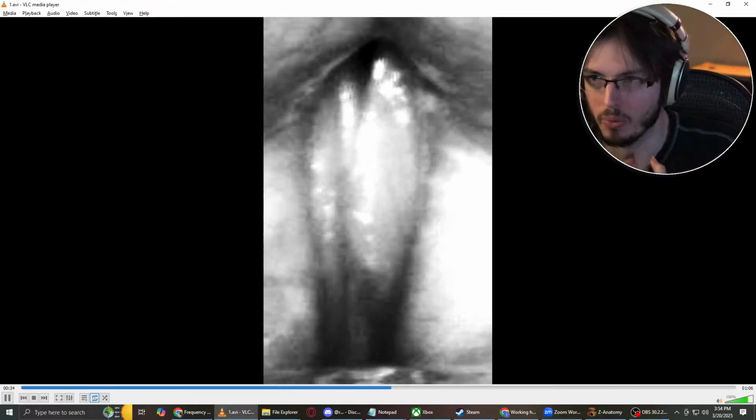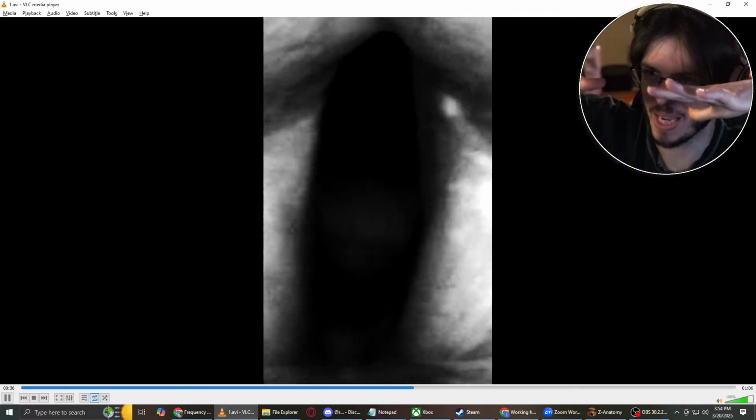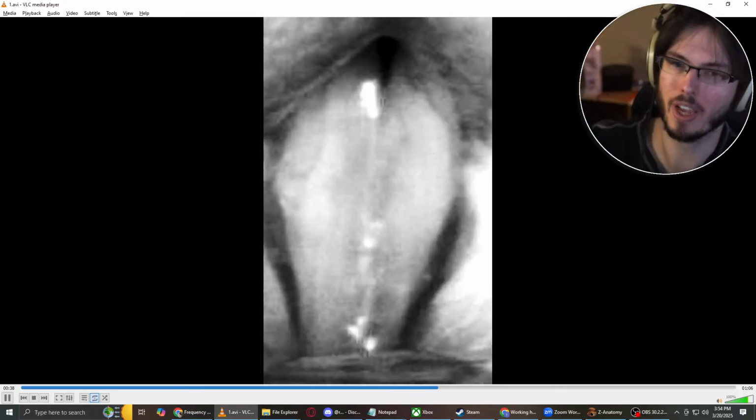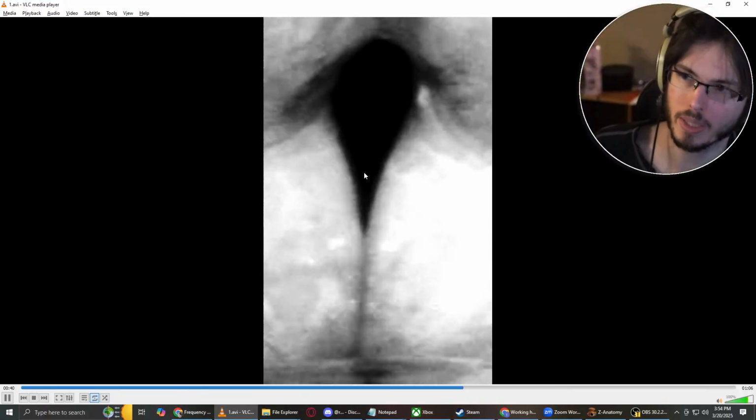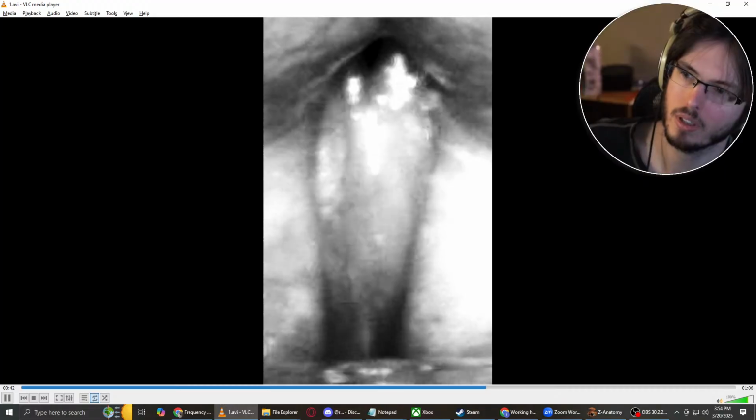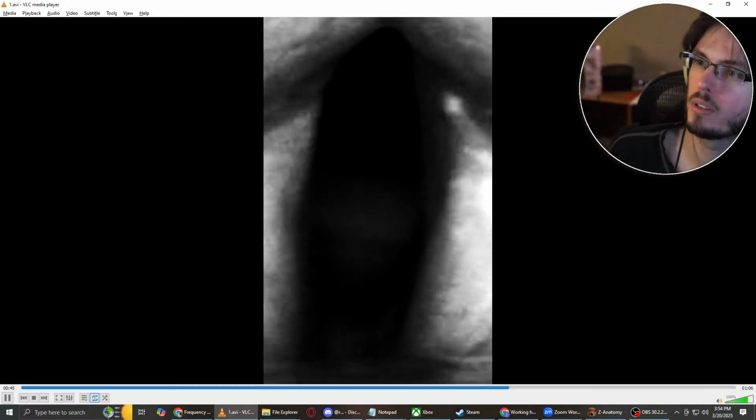That's when both vocal folds are put together and you're looking from top down. That's roughly the size of what we're talking about, correct? Oh yeah. I hear people describing the size of the vocal folds like the size of a nickel